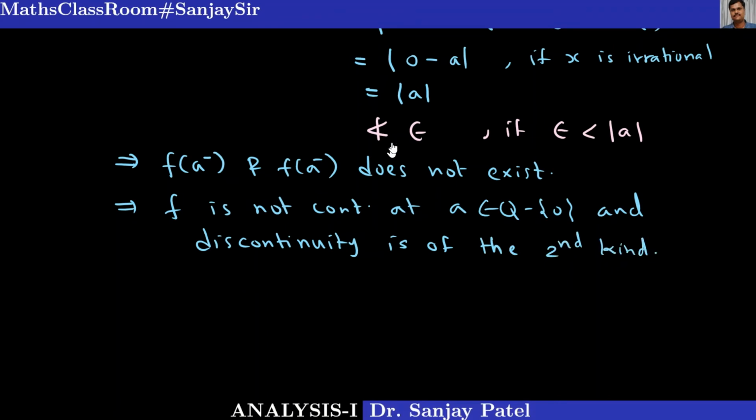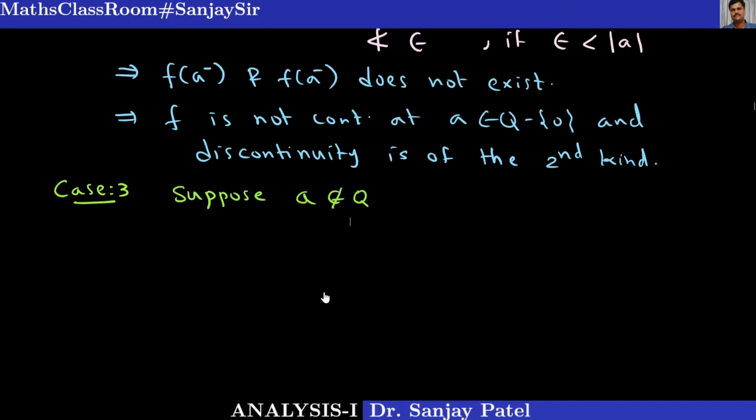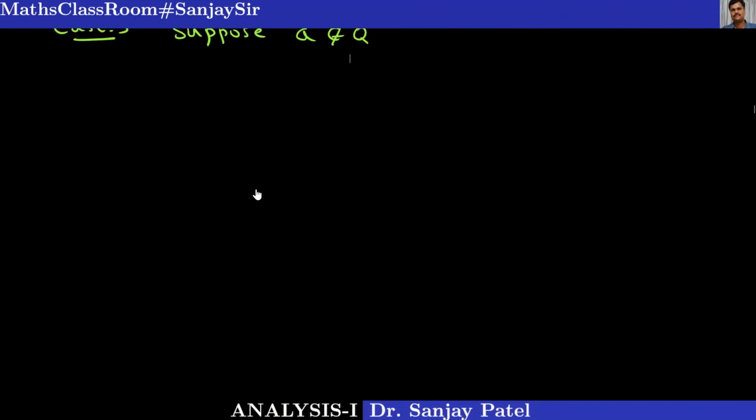Okay. Now consider the last case, number 3, for this example. Suppose a is an irrational number. There is no question of being 0, since 0 is rational, so a does not belong to Q. Again, from the graph we have seen that the function is not continuous anywhere except at 0. So the same argument says for any delta greater than 0,